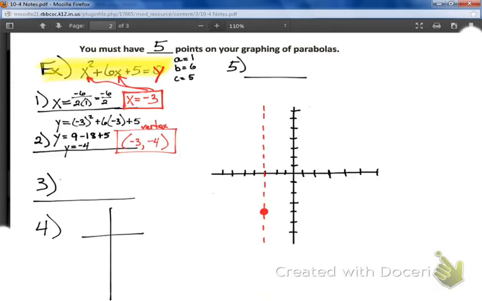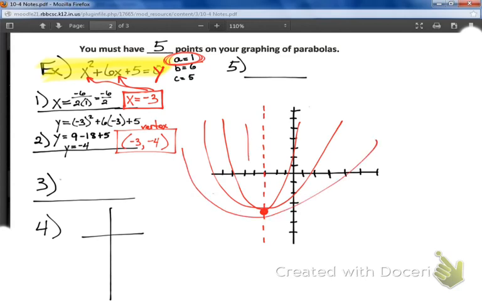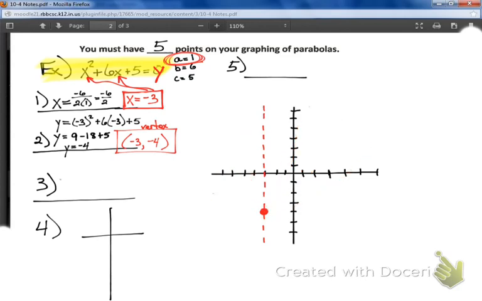And what was your A? Well, your A right here was a +1, so A was positive, meaning that this parabola is going to open up. Now again, I don't know how it's going to look exactly. Is it going to be wide like this, or is it going to be real skinny? Bottom line is the parabola is going to open up, and that is going to make my vertex a minimum,